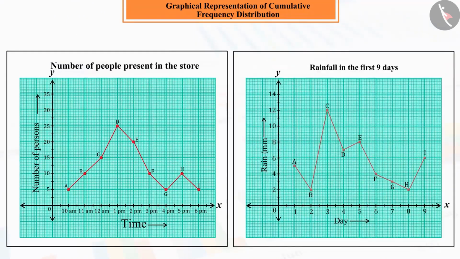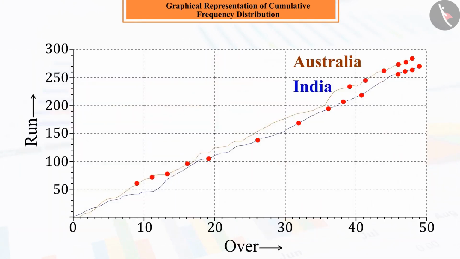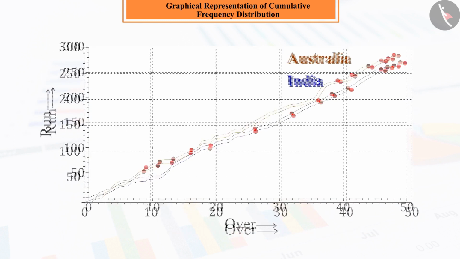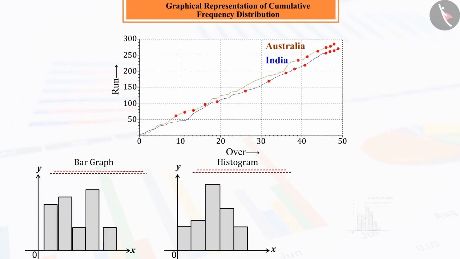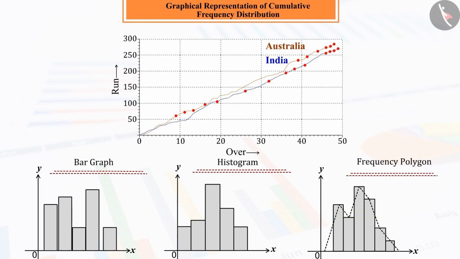We know that we learn concepts better and more quickly through pictures than through words. For example, while watching a cricket match on television, many times we see this type of graph, and by looking at the graph, we understand in which over and with what score the player has got out. Using this concept, we have learned to draw graphs from the frequency distribution table in the previous class. So let's discuss it.